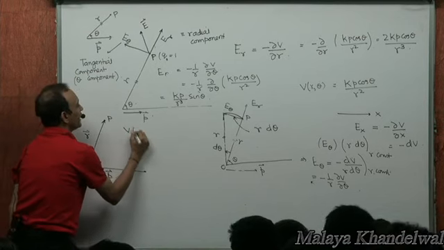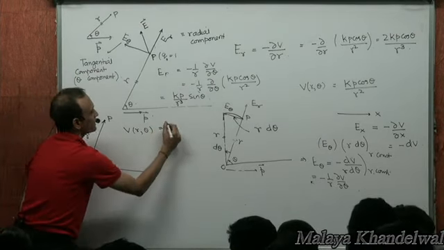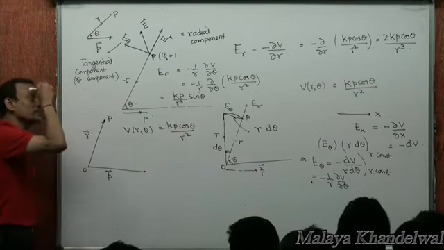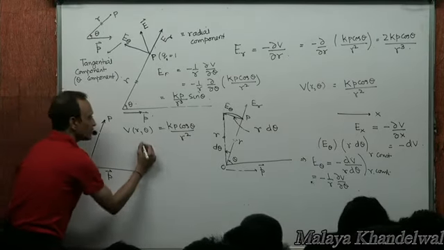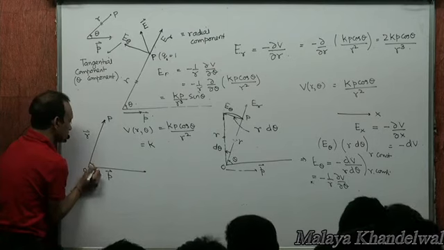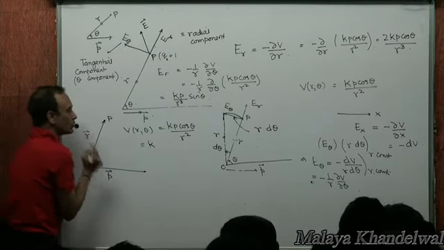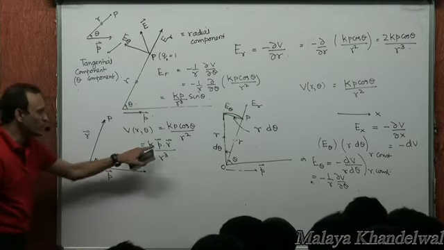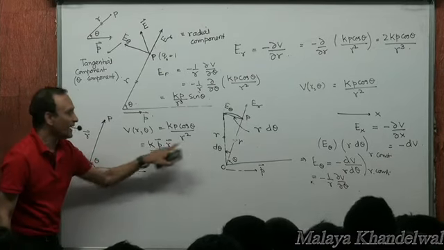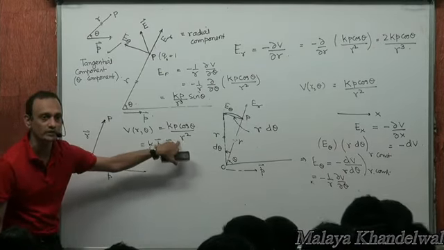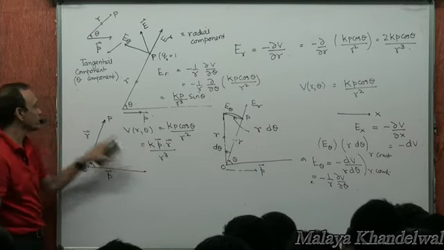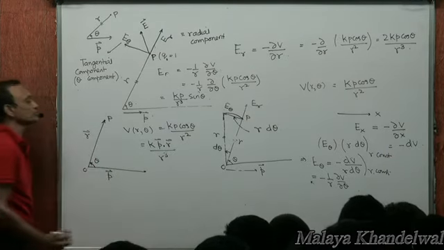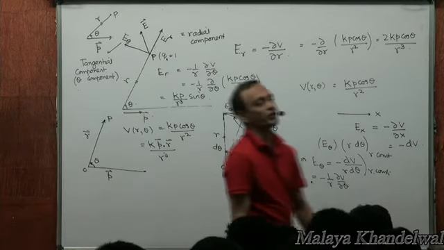Now, V at r theta, as we have obtained, is kp cos theta by r squared. Where magnitude of r is small r, would you mind believing that this is P dot R by R cubed, where theta is the angle between P and R? Because what is P dot R? P into R into cos theta, and that one R will get cancelled with this and produce R squared. So P dot R by R cubed, that's in vector notation the potential at a point R theta.